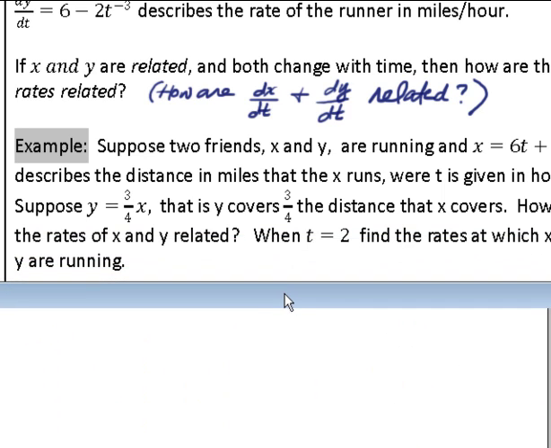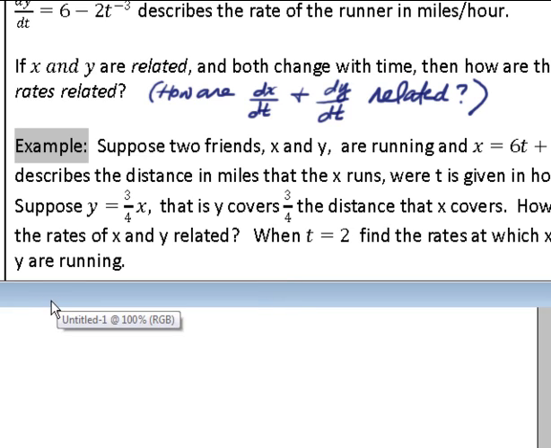Okay, so let's look at this. It's pretty simple to find how the rates of x and y are related. What we do is we see how x and y are related. This is how x and y are related. And to find how dy dt and dx dt are related, what we're going to do is we're going to differentiate